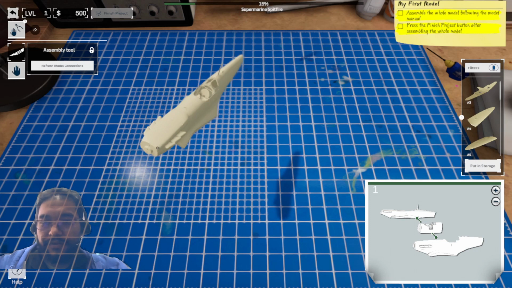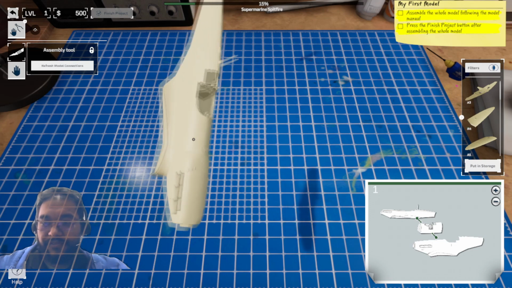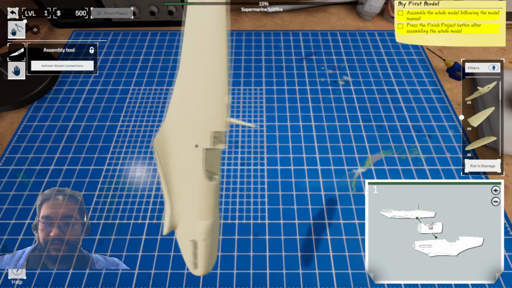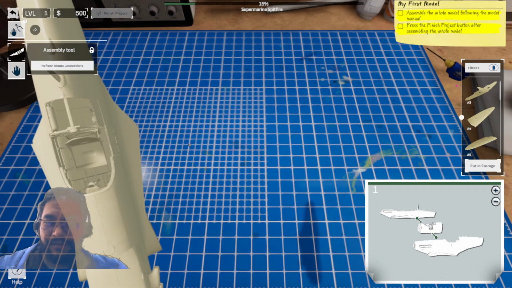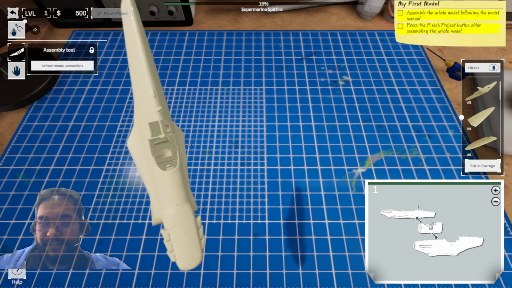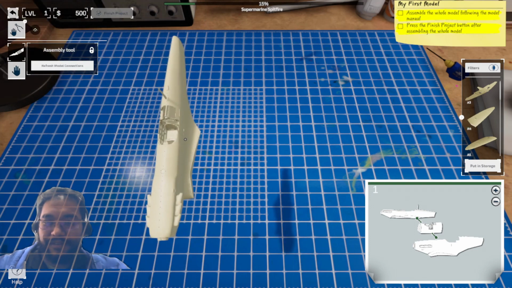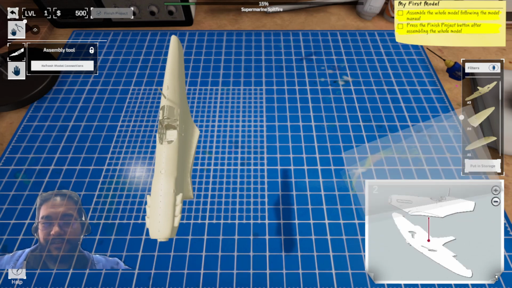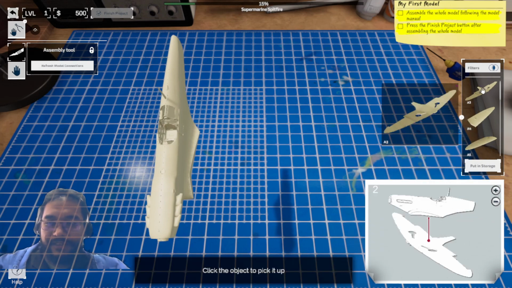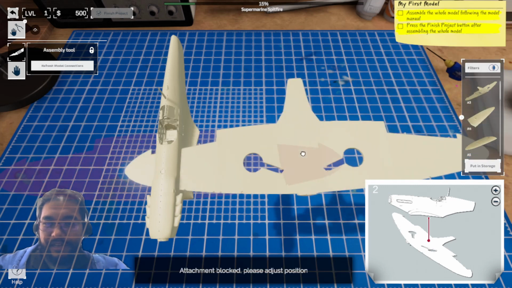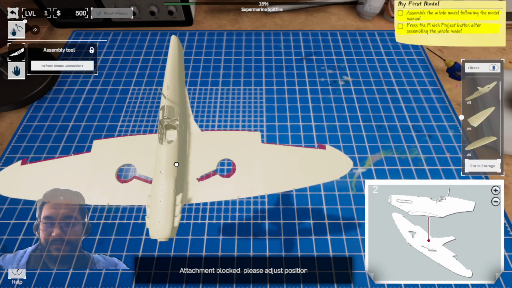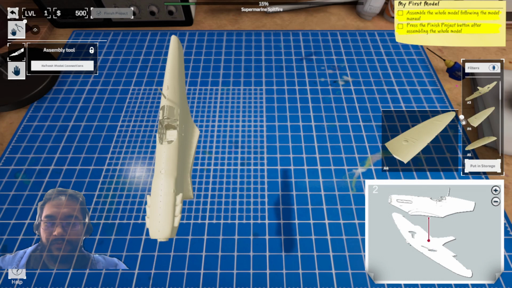So we're ready to go ahead and move on to our next page of the instruction model page. So in order for us to do that, oh, look at that detail. I'm kind of excited about this particular game because it lets me do something on my free time. So we're going to click on that bottom right hand side corner, and then we look like we have to be in the right orientation in order for it to work. So I'm going to flip the model over,